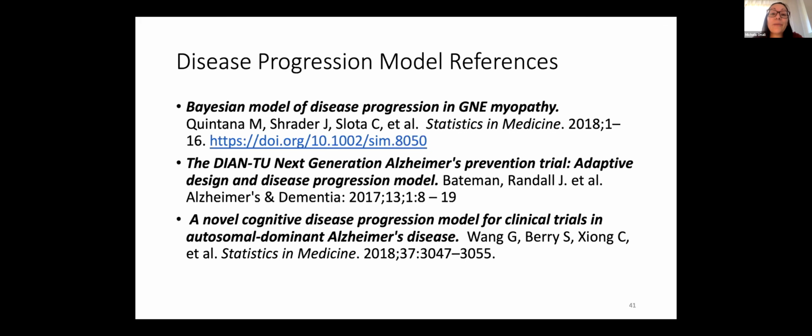So normally in the literature, you find that GNE myopathy starts more or less between the ages of 20 and 30 years old. But as a community, we can even say we may have patients starting the first symptoms as early as 15 or as late as 40. So it's very important that the design of the trial looks at the globality of patients.